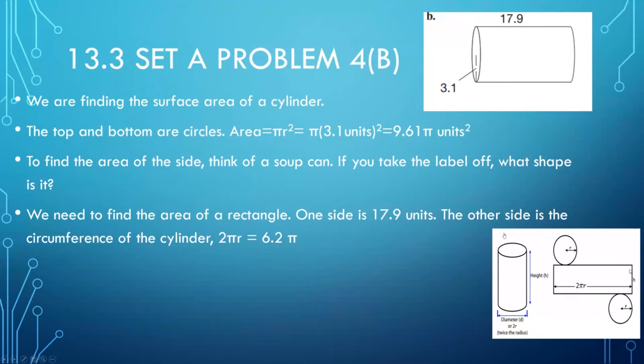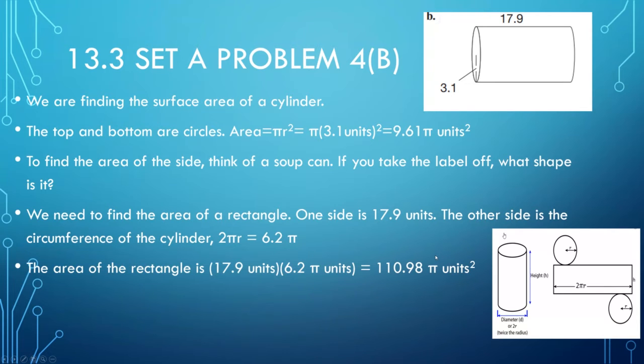And then the other side is the distance around the soup can, which is the circumference of the cylinder. And we know that the formula for circumference is 2 pi r. Since r was 3.1, the circumference is 6.2 times pi. So to find the area for that rectangle, we just multiply the height times the circumference, so 17.9 times 6.2 pi. That comes out to be